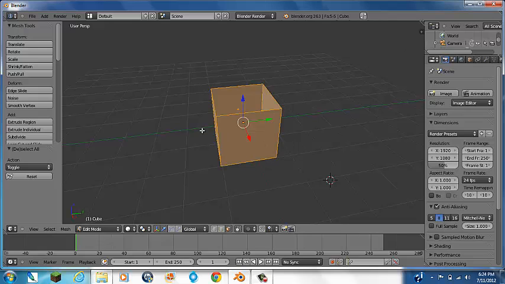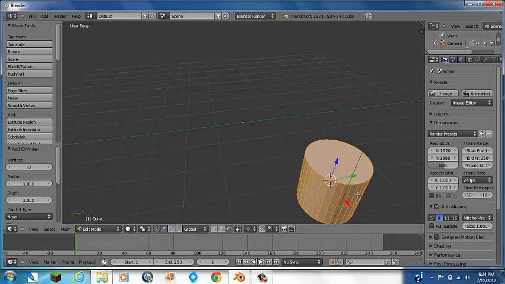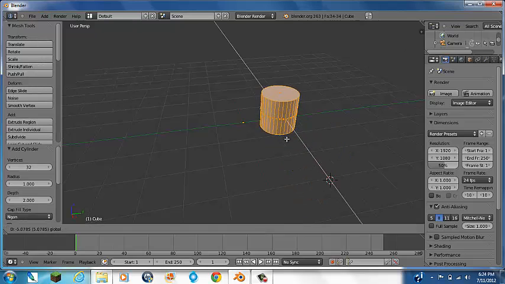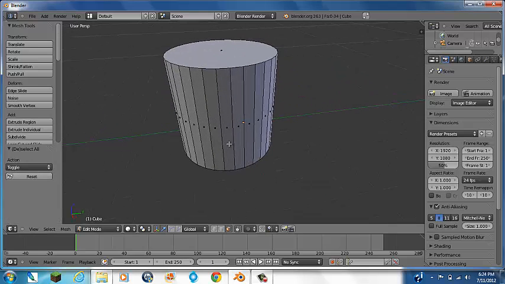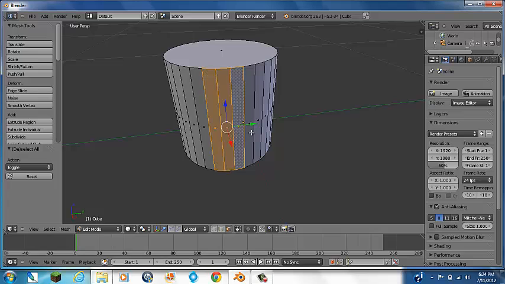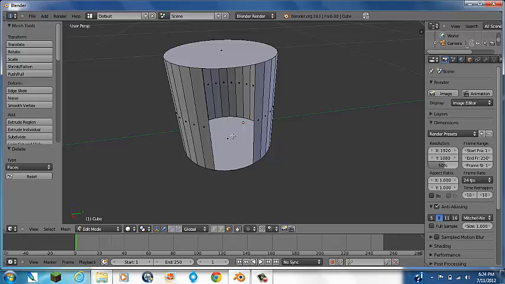But if it had multiple faces, like a cylinder, and you only wanted to delete some of them, you could hold shift and select multiple faces and then press X delete, which is okay,